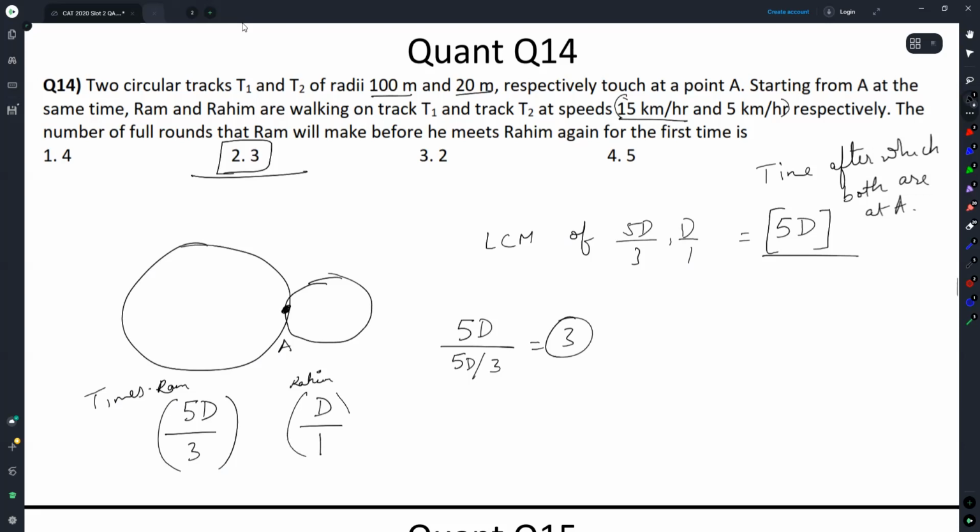This is his one time, no? Time for one round, total time taken. So he has done 5 rounds. Cool. 3 rounds, 5 rounds, work is done. These numbers are only there for ratio purposes. These numbers don't really have a value themselves. Maybe move. Wait, this is also round 1. I would have done it in round 1. Maybe move, maybe move.